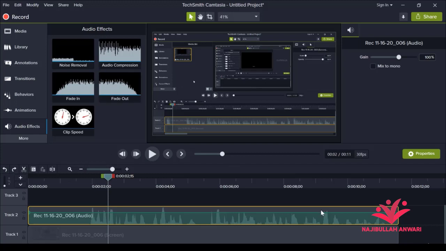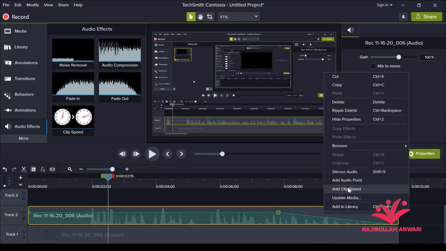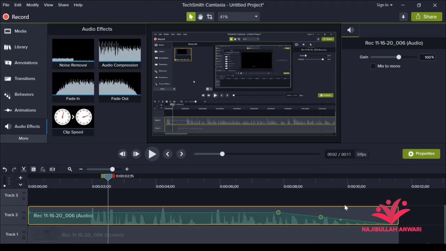It will do the same but at the end of this audio clip. If I add this fade out, it will just decrease volume at the end. For example, at the start the volume will be at the same range and then it will decrease gradually. I can also move this point, and I can add another audio point. Okay, and I can play with it according to our own taste. If I listen to it right now,